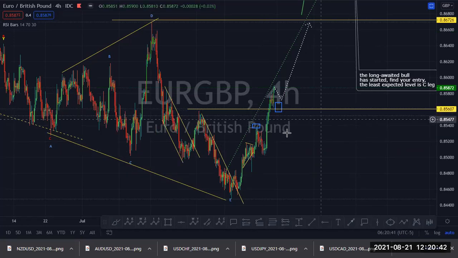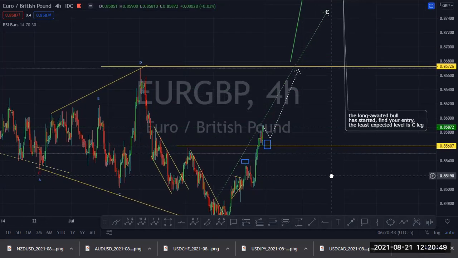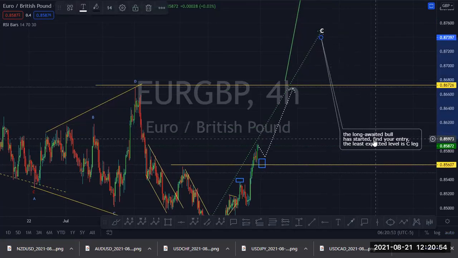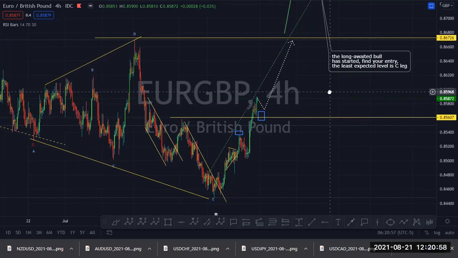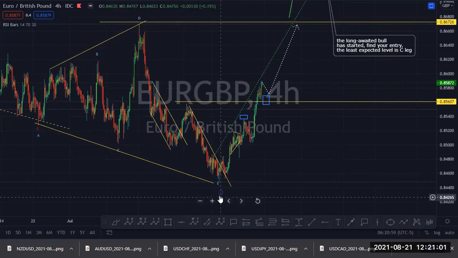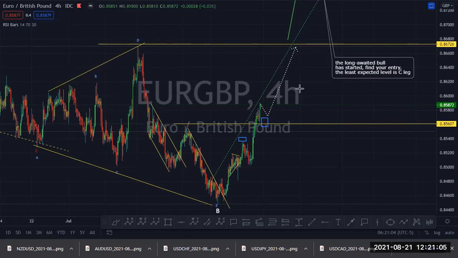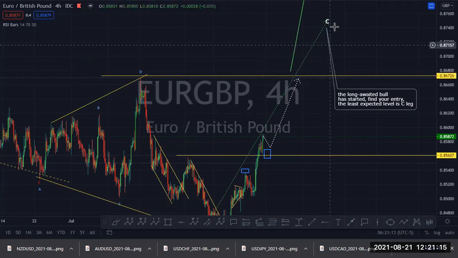So you can see, even if we don't get the big move that we are expecting on daily charts, at least we're gonna see the buying to this level, to wave C. I might be able to expect everything here, but at least we expect an A, B, C. So A and B have completed, at least C is going to come to this level. Anyway, any place above this line.